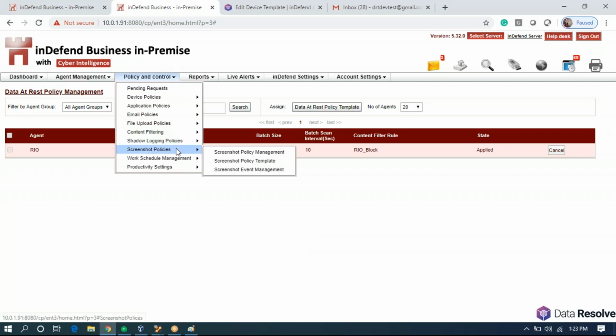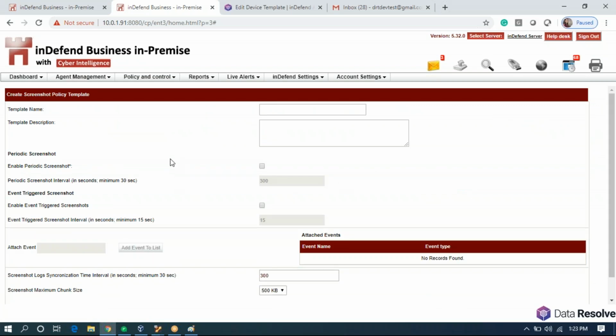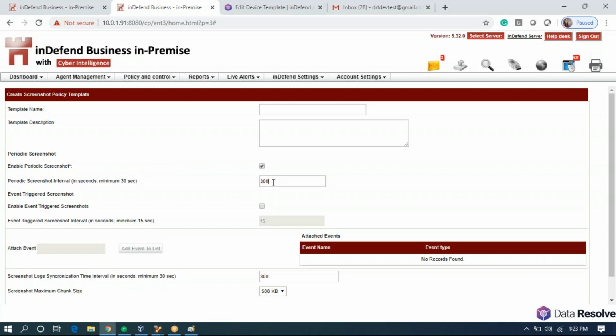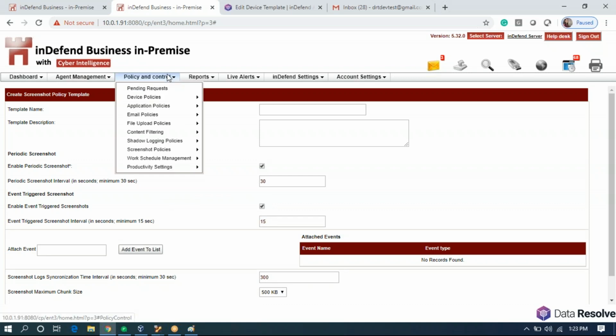We'll move on to the next one, that is shadow log policy, screenshot based policies. Now in screenshot based policies, as you already must be aware, we have two kinds of policies. One is periodic, which captures the screenshots periodically for a machine at a regular interval. Minimum can be 30 seconds. So what periodic screenshot does is it will start capturing the screenshots of my screen periodically every 30 seconds without me even realizing. No pop-ups, nothing. Second is event based, where it starts taking screenshots for a specific event. That is, it can be a specific application or a title window.